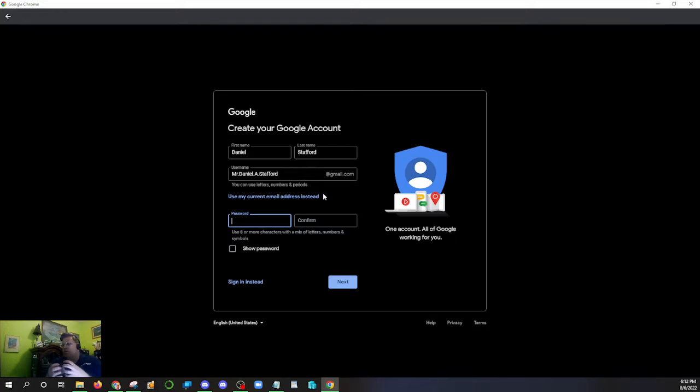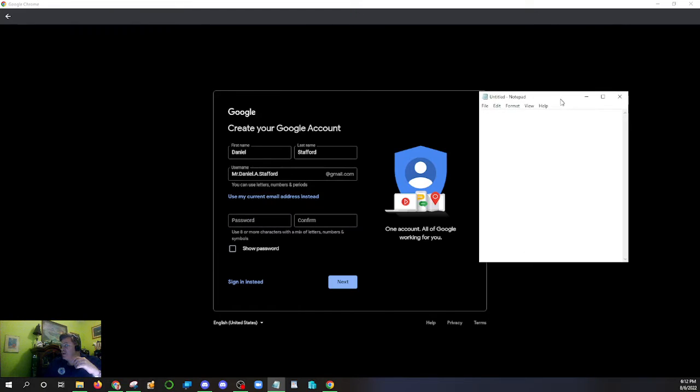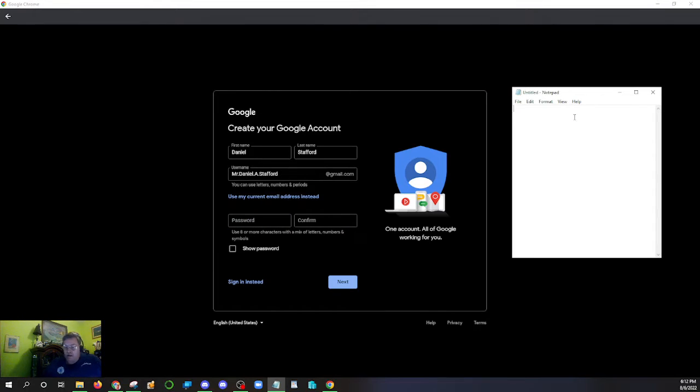Now, what I like to do when I'm creating one of these longer passwords is, let me bring Notepad up here for just a second on this screen so you can see this. I'll do something, say, like there was something at my grandparents' house that I really liked, and it was like a small thing that stuck out to me as a kid, but it was nothing major that anyone else would have ever thought of. So let's say something like,